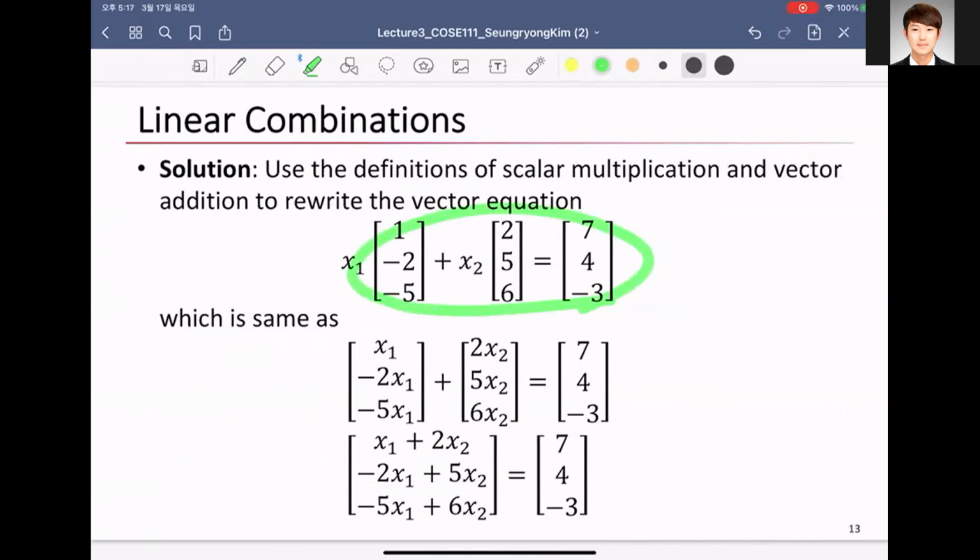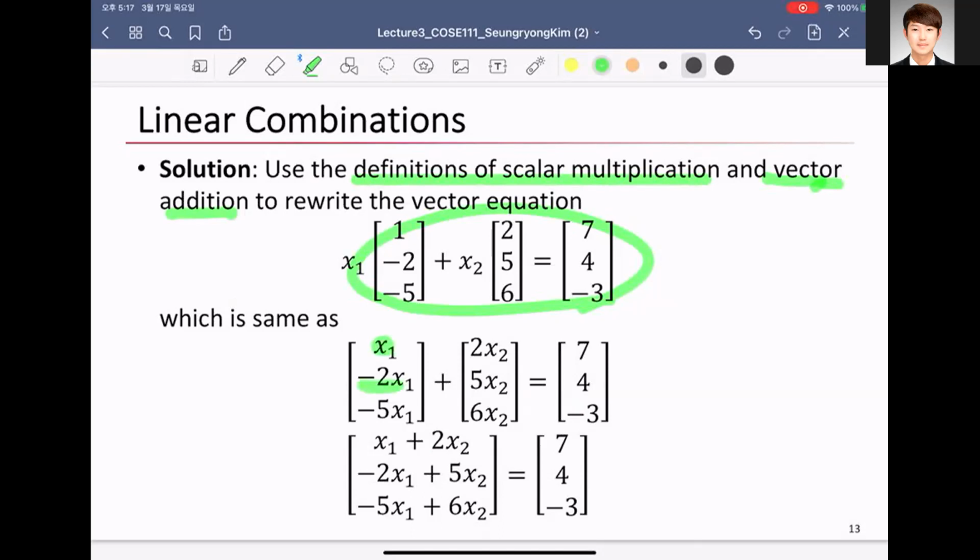So by using the application of scalar multiplication and vector addition to rewrite the vector equation. Right? Arithmetic is of course the same, so we can write it like this. Which is the same as